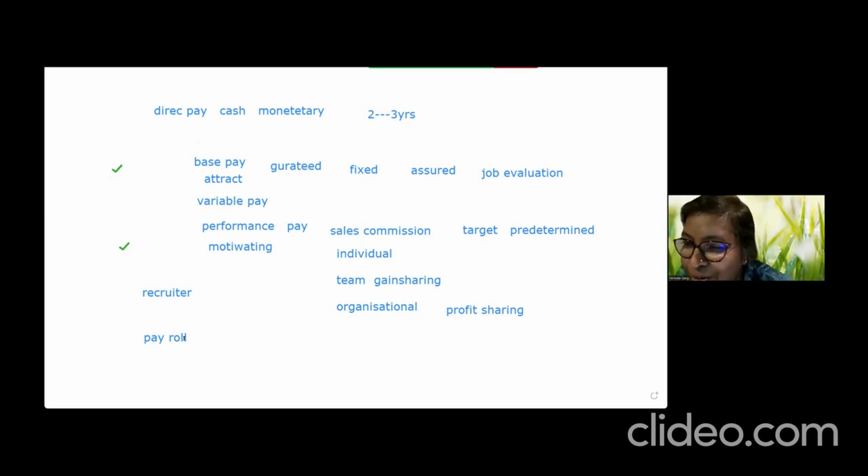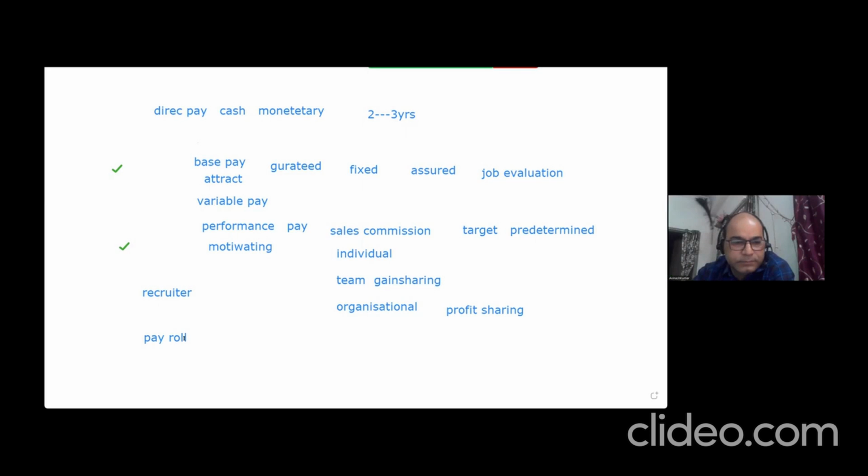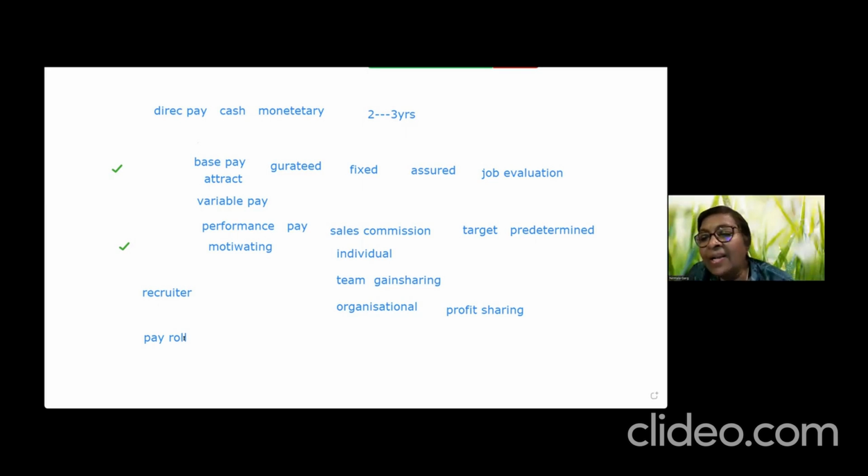Surely. So here, you're asking two questions. One is, how do I establish internal equity for a recruiter? How do I establish the worth of that recruiter, and how do I pay base salary? We're going to explain that. We're going to do job evaluation, an exercise where we decide the base salaries, the worth of the jobs, which you said is 50,000. Then how am I going to design an incentive plan? So these are two things: one is about internal equity and the other is about individual equity. We're going to deal with them.